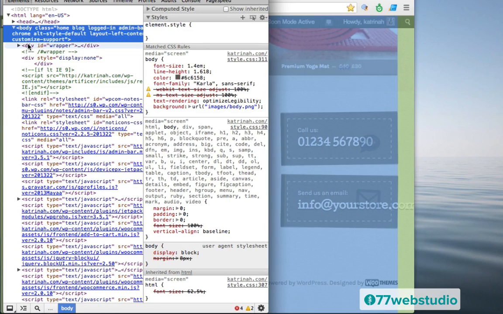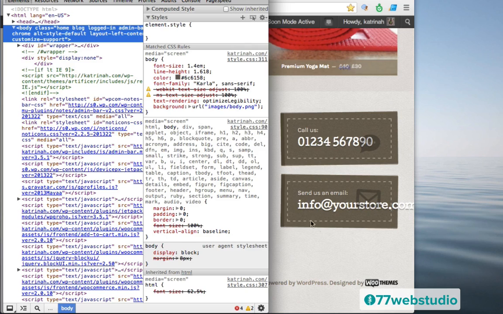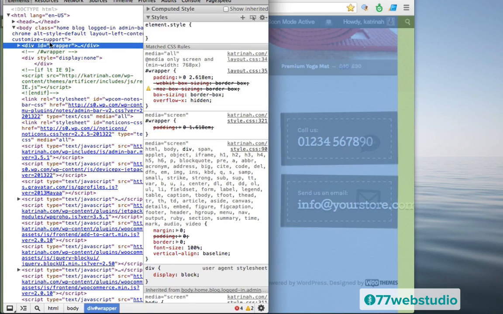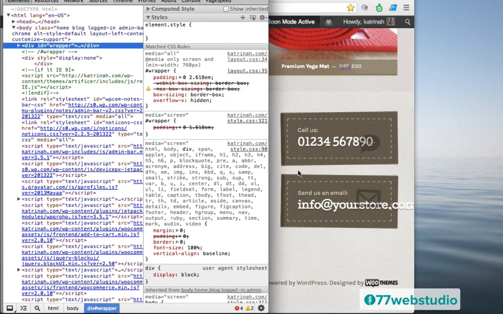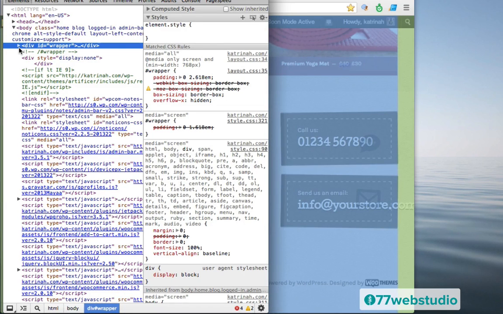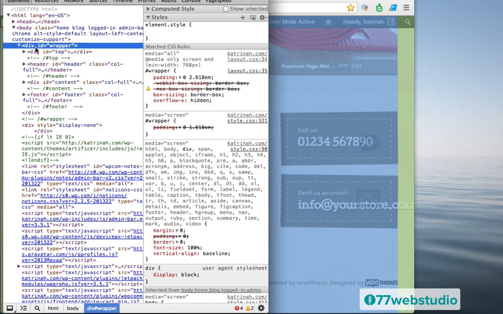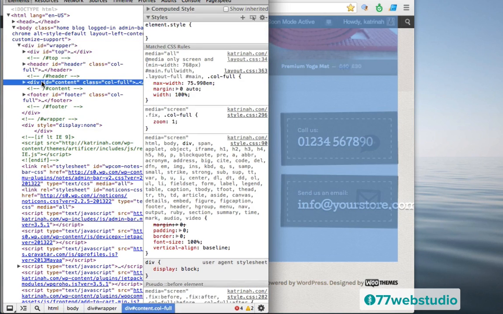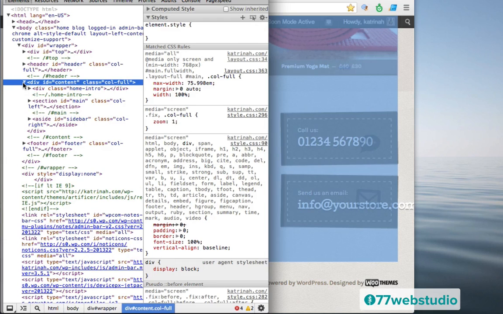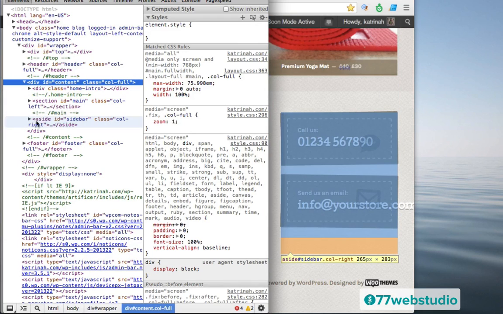Then I need to find where this particular section is located in the HTML. So here where it says wrapper, we can see that now the content is selected, but I need to drill down a little bit more to specifically find this particular part of the wrapper right here. So I'm going to click on this marker here on the wrapper, and then I'm going to go down to Content. Then I'll click on the marker here, and then I'm going to scroll down to where it says Aside equals Sidebar, and once again click on this marker.